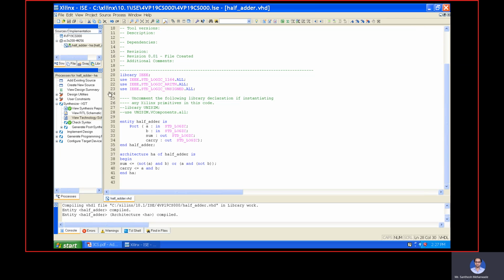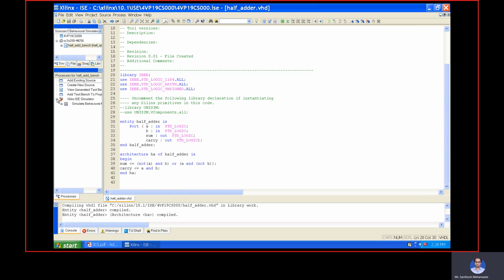Now next I will go to the sources. Here, in place of implementation, I will click on behavior simulation. Next I will single click on this half adder. Now you can see here we have the Xilinx ISim simulator.